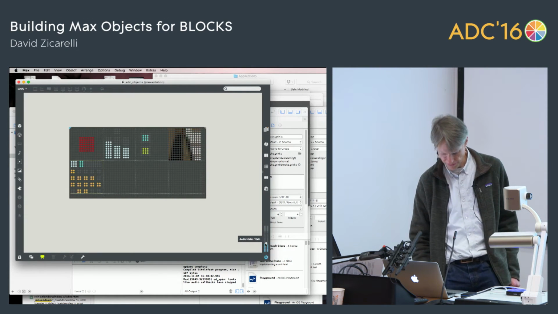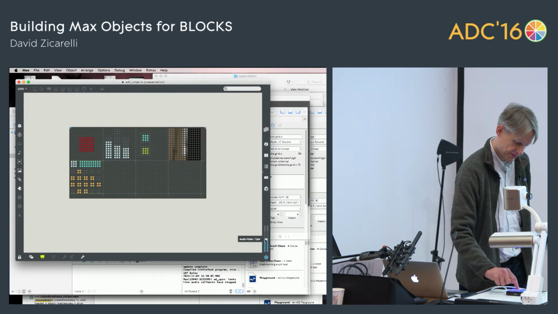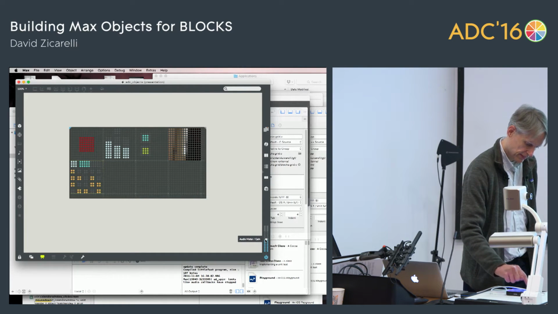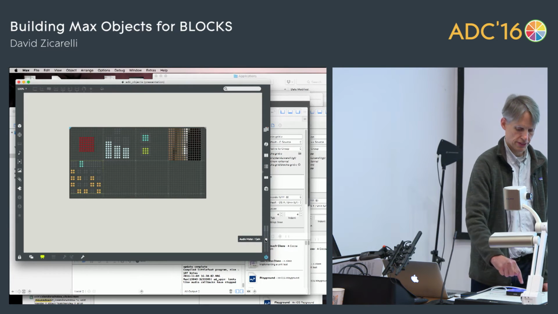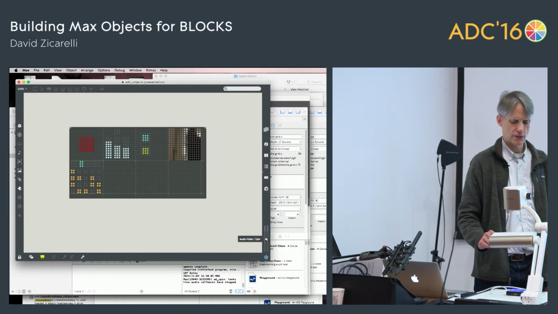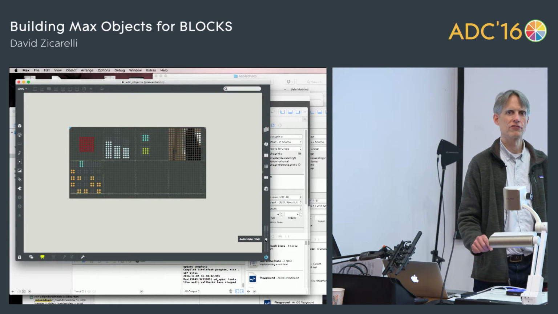Sorry about that. So the slider actually controls what the loop length is, and it's the only drum machine that goes up to 5.